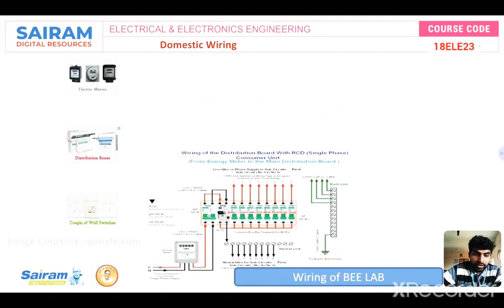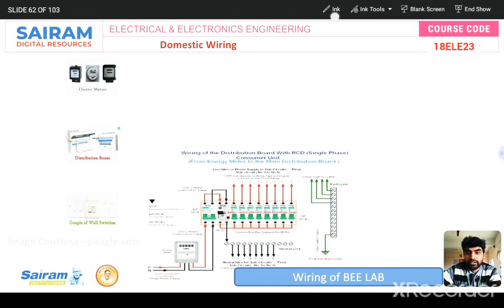And this is our laboratory, the basic electrical laboratory wiring diagram I have taken. I'll show you, while doing the experiments, what MCBs we have and what the current ratings are. See, there are 10 amp and 20 amp MCBs present, and the energy meter will be present here, and then the main DP switch, the MCB switch, and these are the output connections, and these are the energy meters, the distribution boxes, and the switches.